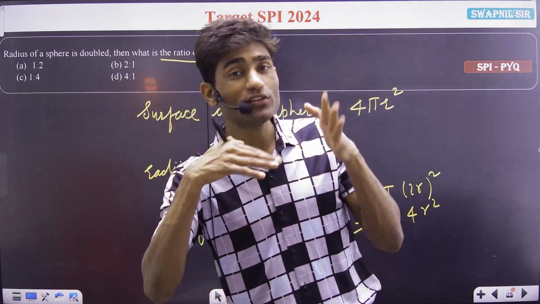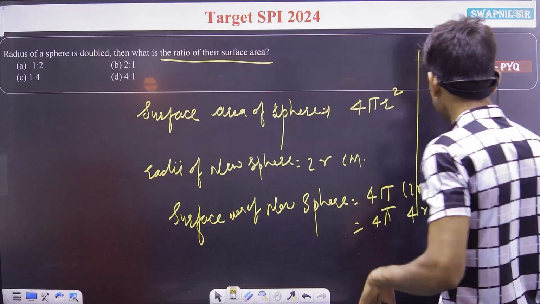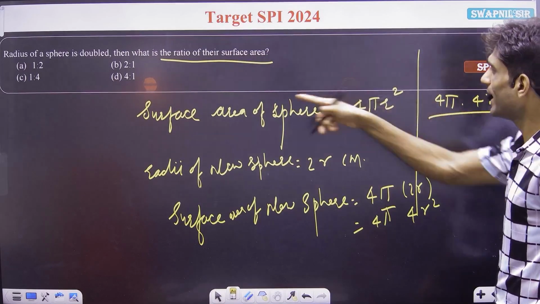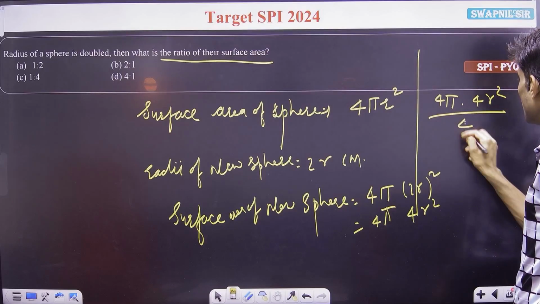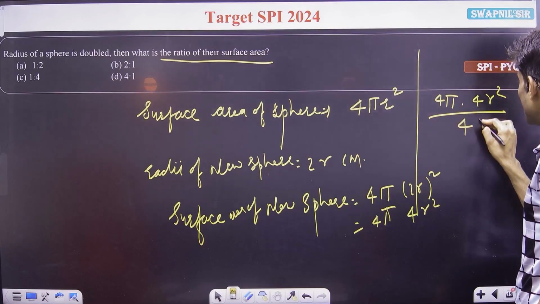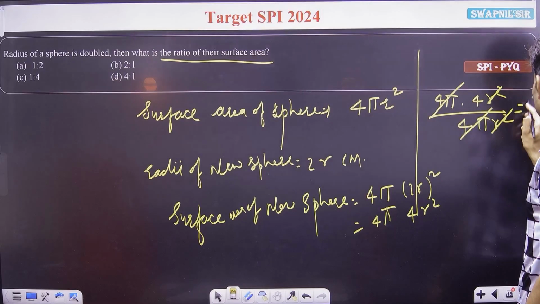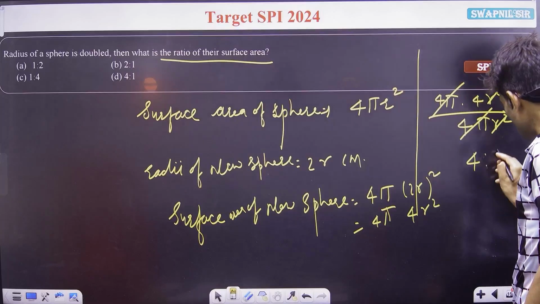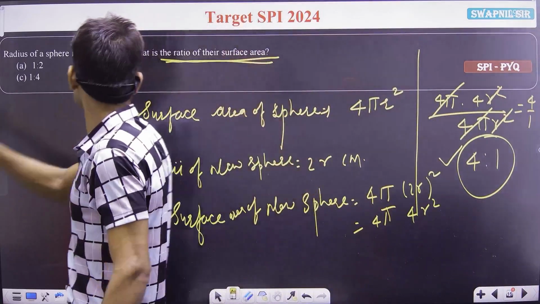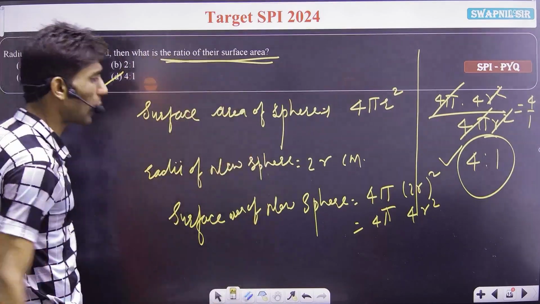We want the ratio between them, so we write 4 pi into 4r square divided by the surface area of the old sphere, which is 4 pi r square. 4 pi cancels, r square cancels, we get 4 divided by 1, that means 4 is to 1, which is the required ratio of the surface areas of our spheres,